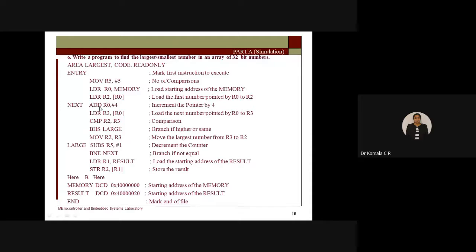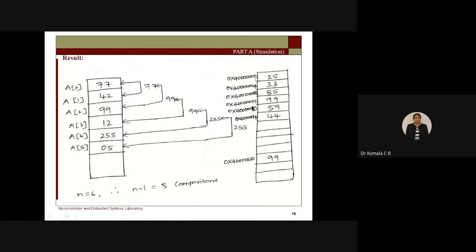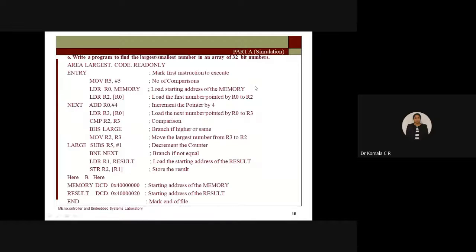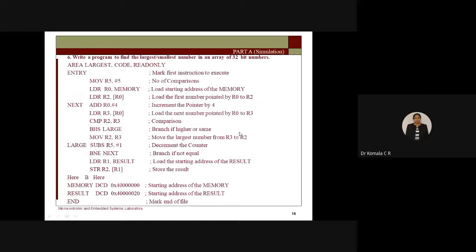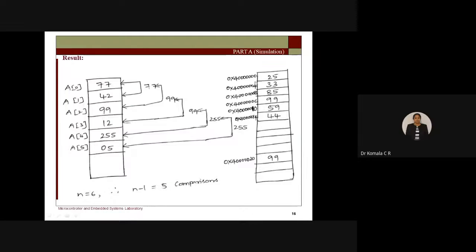Now, coming to the next step, how many pointers do you have to jump to reach the next location? You are supposed to add 4, so I am going to perform that in this particular example. Whether you want 5 comparisons or whatever the number, the location length is this only, because 32 bits means you need locations 0 to 3 to store 25, then locations 4 to 7 to store 33. That means 00000025 is stored, something like that. So I want to jump to get the next number, from location 0 to 4.